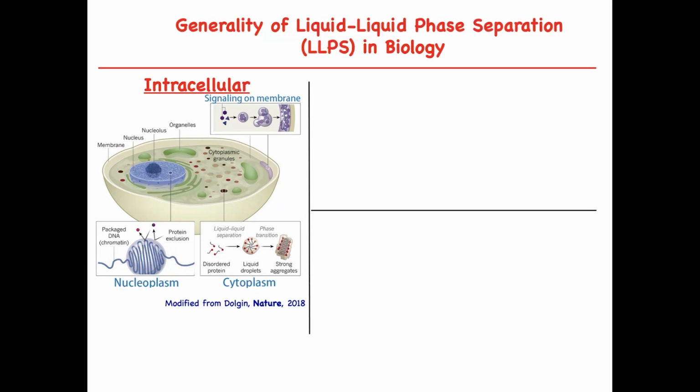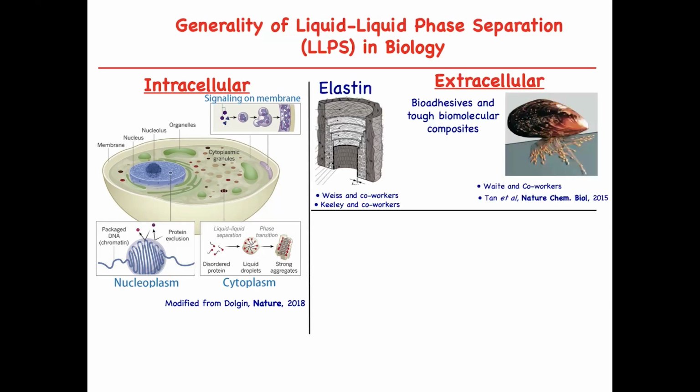Some examples which are very notable are organelles, stress granules, and so on, which are membraneless, so they're thought to evolve through phase separation. But also in the extracellular domains, there are plenty of examples: elastin, many other biopolymers, muscles, the mussel byssus threads, which is supposed also to arise from liquid phase separation when the protein which is excreted by the mussel is excluded out.